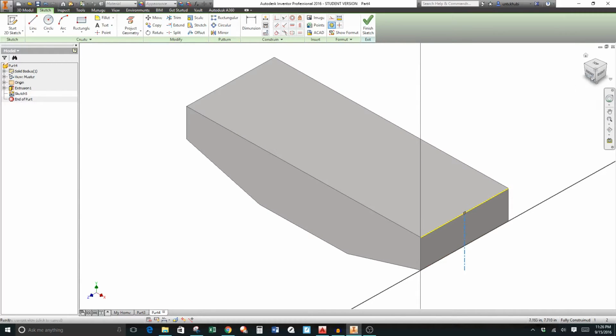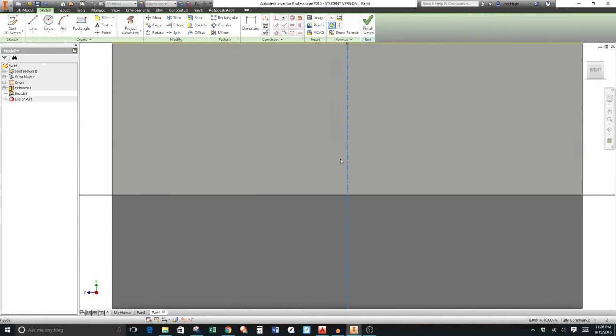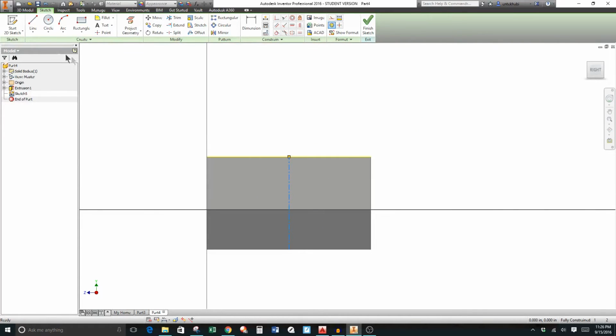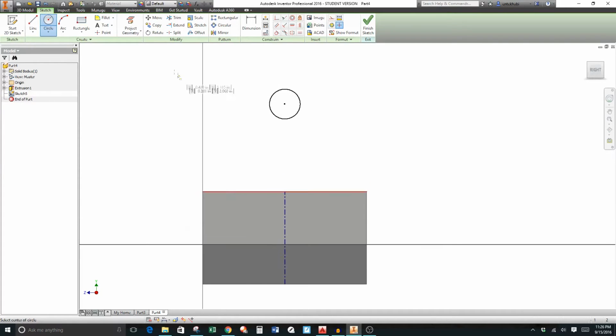As you notice, this line is created on the side plane, on the face of this right portion. We're going to begin with the circle tool, and the center of this circle should be perfectly aligned with the center line. In case we miss, we can come back and always add the constraint. And we begin with the line tool and add that